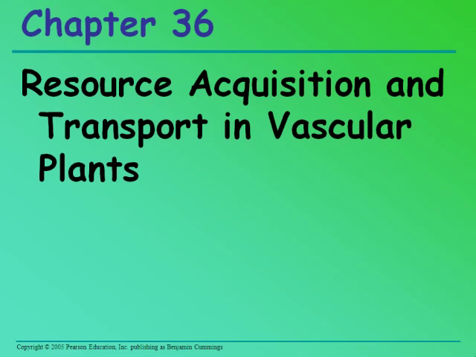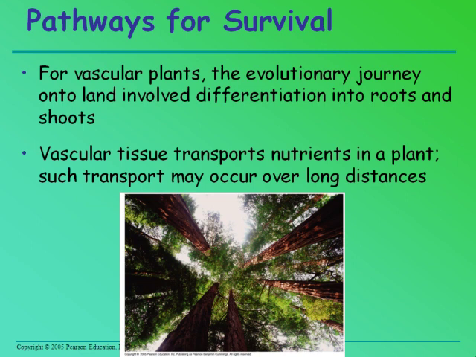Chapter 36, Resource Acquisition and Transport in Vascular Plants. So this is looking up from the bottom of giant redwood trees. So vascular plants, by vascular, remember from last chapter we talked about xylem and phloem. So the evolutionary journey onto land involved differentiation into roots and shoots. Vascular tissue, xylem and phloem, transports nutrients to the plant, and such transport may occur over long distances like